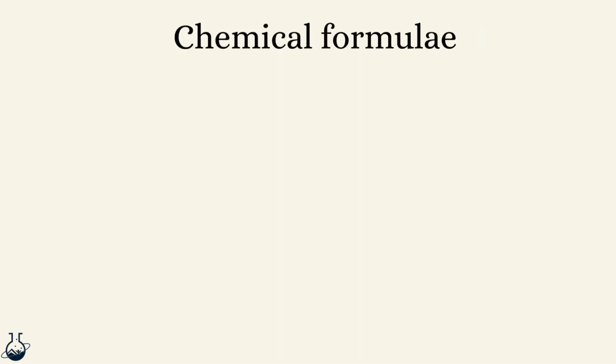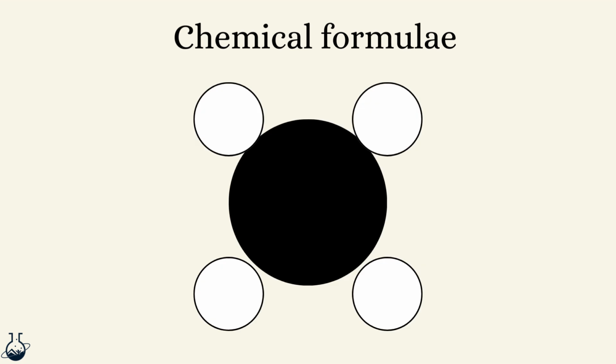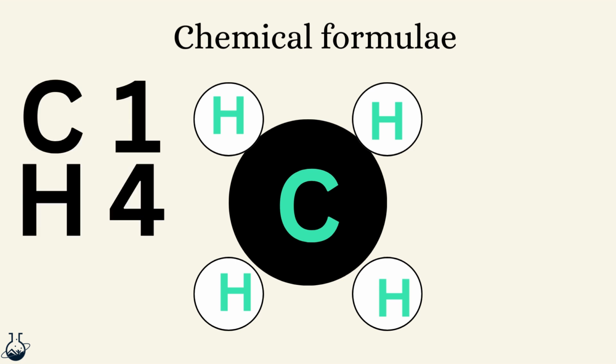Because compounds have multiple types of atoms in them, we can display them using letters and numbers to represent these atoms bonded together. This is called chemical formula. It shows us what elements are present in a compound and how many of each there are. Take this compound, for example. Let's say it has one carbon and four hydrogens. One carbon, four hydrogens. Now we know the numbers, we can display the formula as